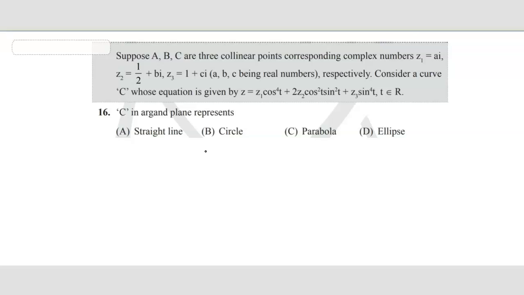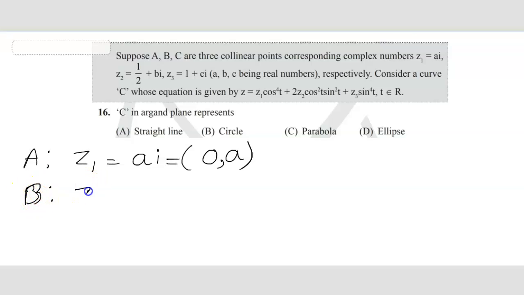So let's begin. In this problem we are given three collinear points A, B and C whose coordinates are given by the complex numbers z1, z2 and z3. Let me write it like this. A is represented by z1, and z1 is simply ai. So 0 comma a, if we write it in coordinate form, and the point B,